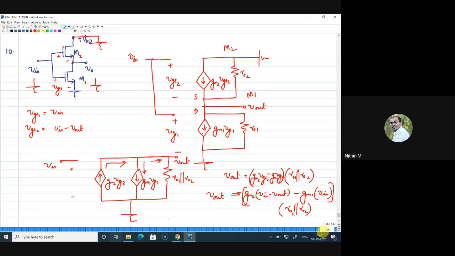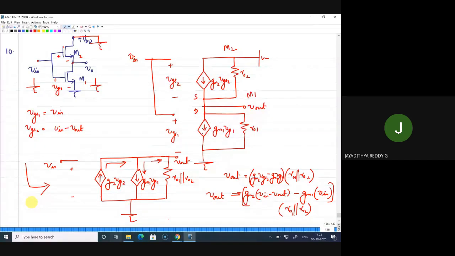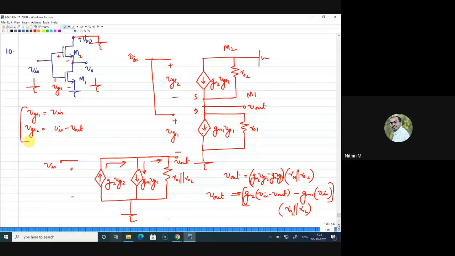Sir, can you write the VGS value in the circuit? Which circuit? Madhusudan, here you are asking. Sir, could you please explain the V in part again? V in, how did you calculate it? This one you are asking? VGS1 and VGS2. Oh, no, I got it, sir. Yeah, got it. Okay. No problem. Madhusudan, I have just marked here as V in.